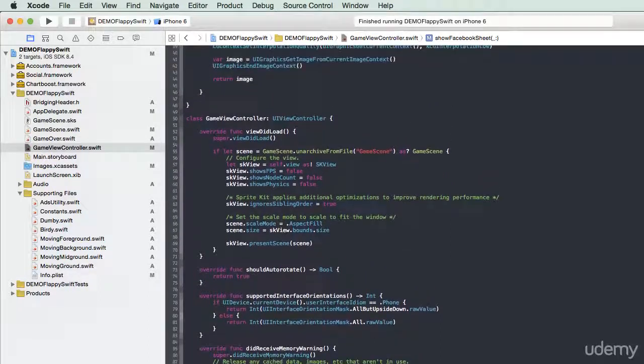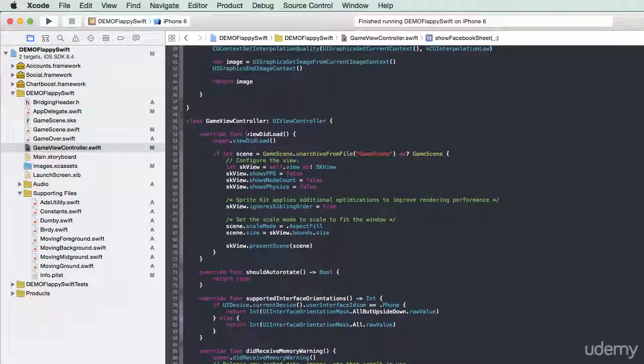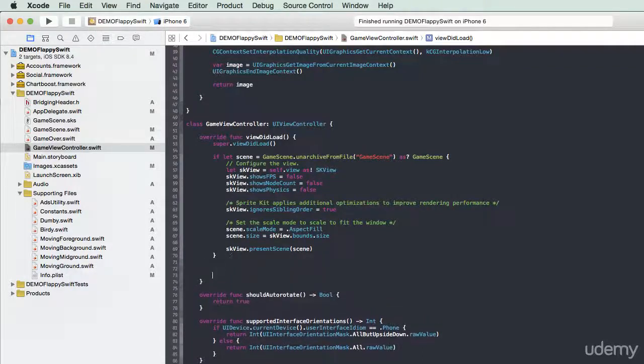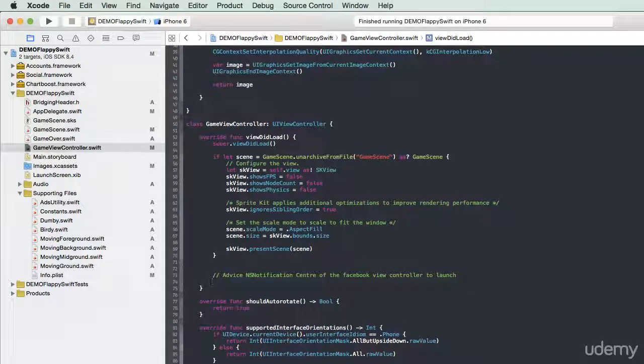Now, because the function showFacebookSheet is a notification that needs to be posted to the notification center, we need to tell our view controller all about that, and that is done within our viewDidLoad function. So just at the end of that, outside of that if statement, we'll make some space, and then we'll start with a comment. Advise NSNotificationCenter of the Facebook view controller to launch, and the code for that is